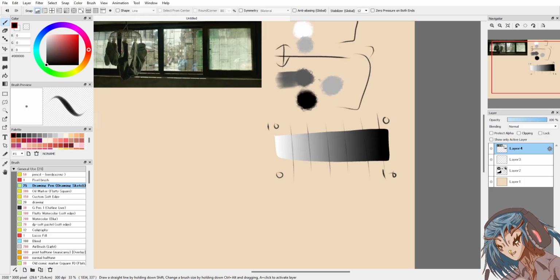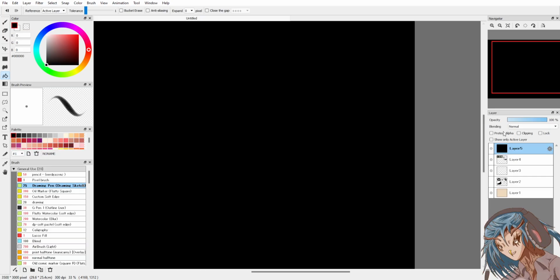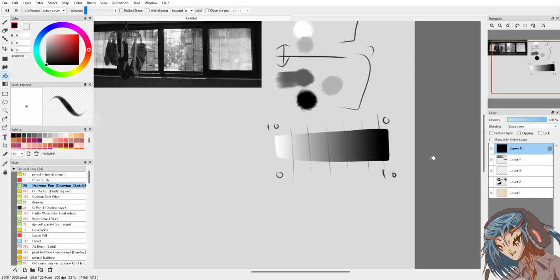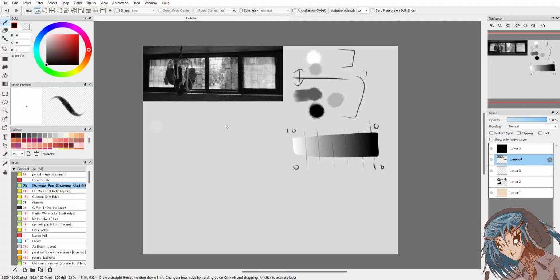You take away all the color. I can show you that as well. If you do this, check it on a saturation layer, right? You can see immediately how these elements start looking different, right? That's what you're looking at. It's black and white.